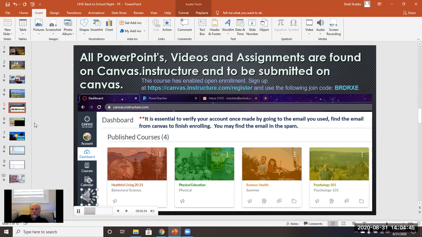I've included the self-enroll registration code on this slide with the join code, BRDRXE, all capitalized. When they're done, they need to go to their email that they used to verify the account and find an email that Canvas will send them to finish enrolling. This is an issue for a few students that continually make new accounts instead of just doing it one time